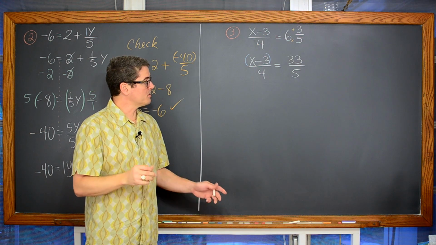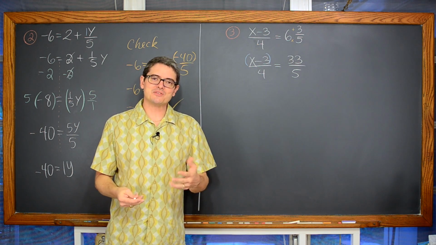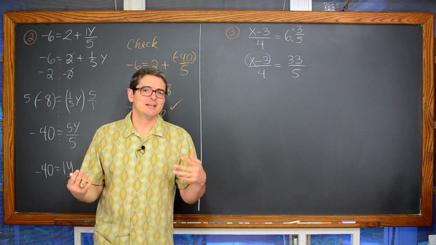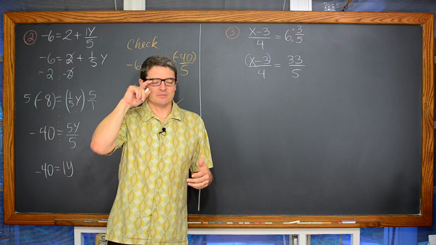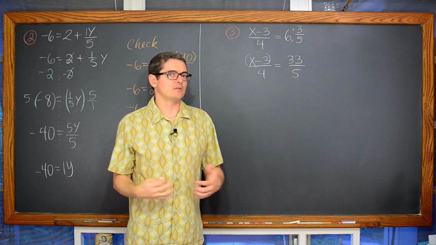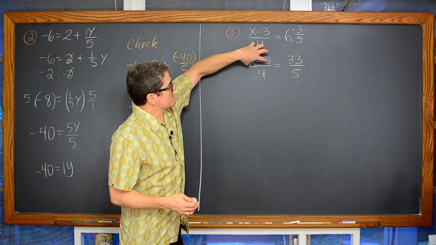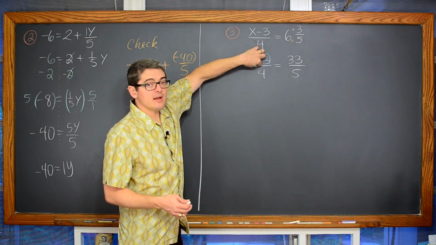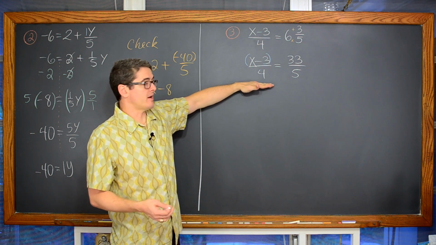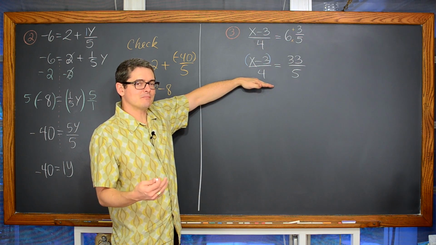So we're actually going to have to not follow the suggested steps that I gave you at the beginning of this lesson. Those are just suggested steps. You don't have to follow the order of those exactly how I wrote it. And because that x minus 3 is grouped together by the fraction symbol, we need to undo the division of 4 first. Well, the opposite of dividing by 4, the inverse math operation to division, is multiplication.